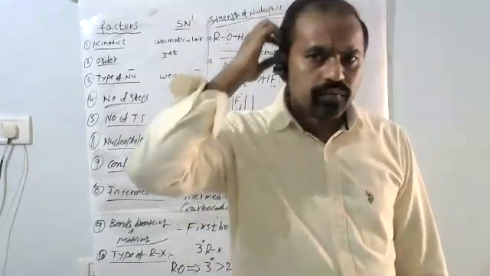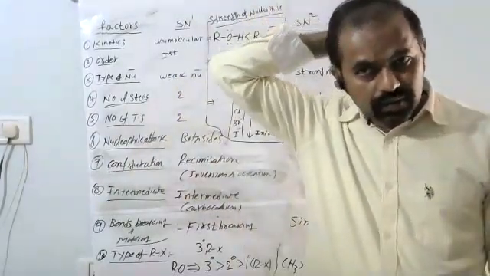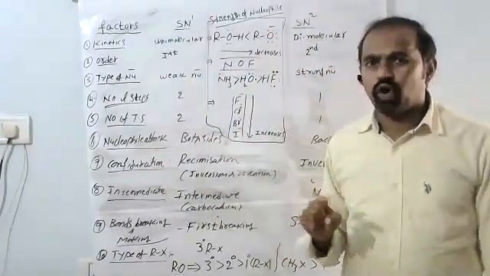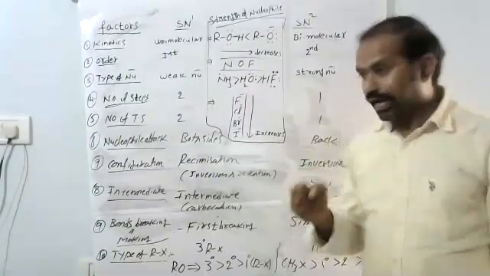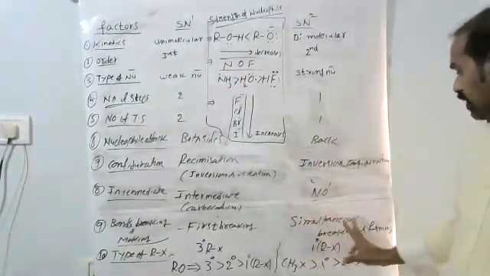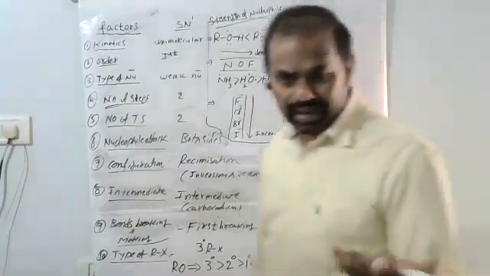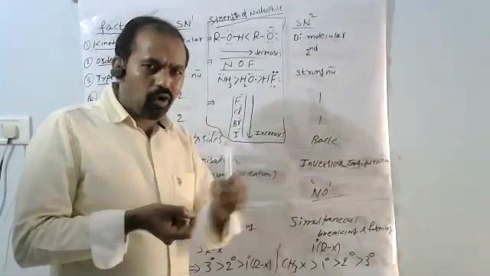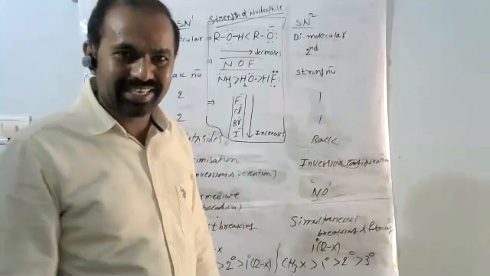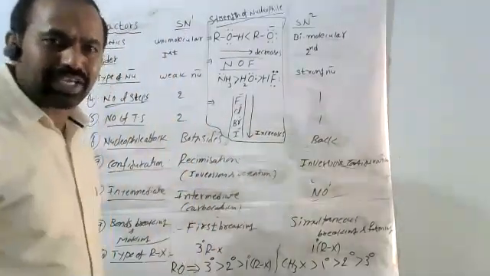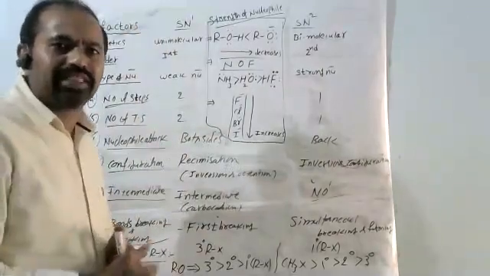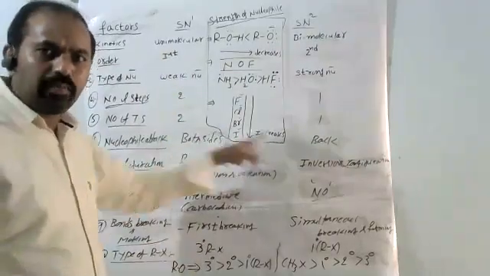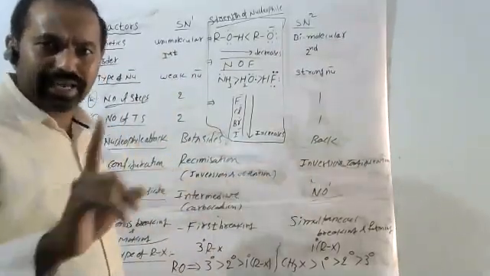What about SN2? Both take place simultaneously. Good, excellent. In SN2 reaction, bond breaking and bond forming take place simultaneously. But SN1 is not like that. In SN1 reaction, first the breaking takes place completely, then the new bond forms. First breaking, then forming, that is SN1. But both take place simultaneously in SN2.